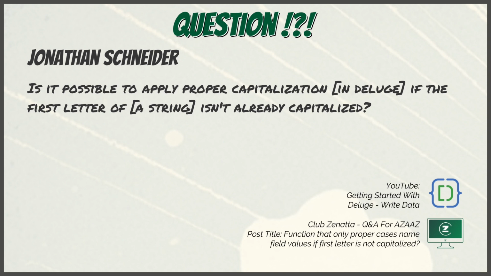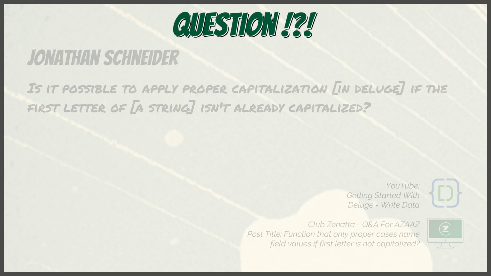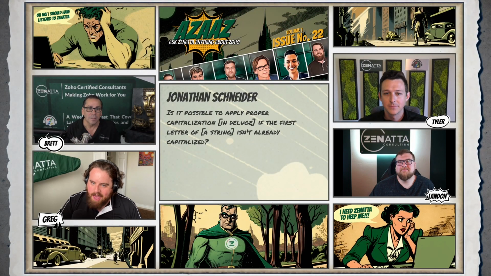Next question comes in response to one of my videos, Getting Started with Deluge: Writing Data. Jonathan Schneider asked, is it possible to apply proper capitalization in Deluge if the first letter of a string is not already capitalized? And the answer is yes. There is a function just for that. It is called proper, very aptly so. So you have a string variable, dot proper, that will capitalize the first letter, and lowercase all other